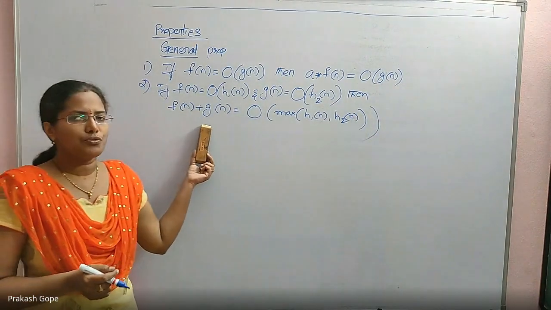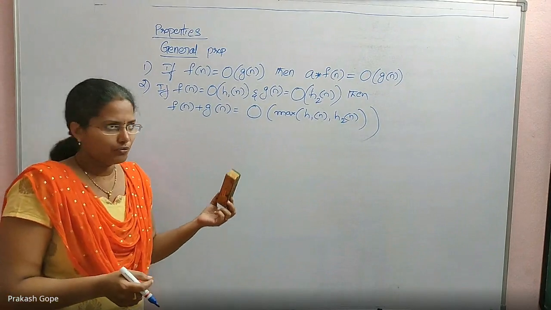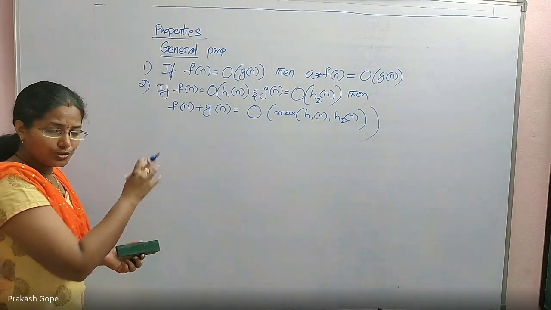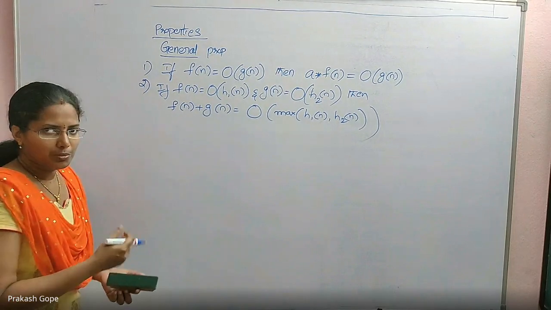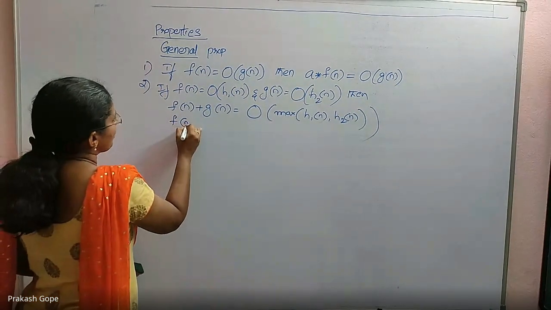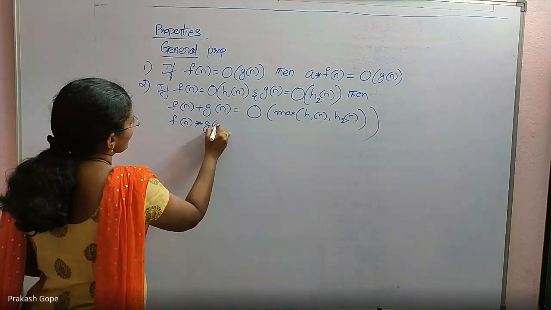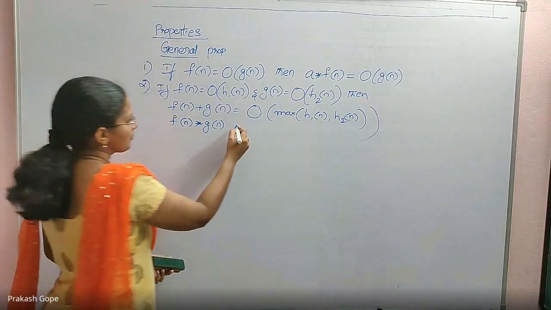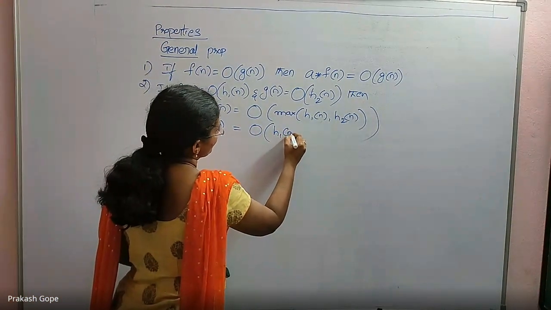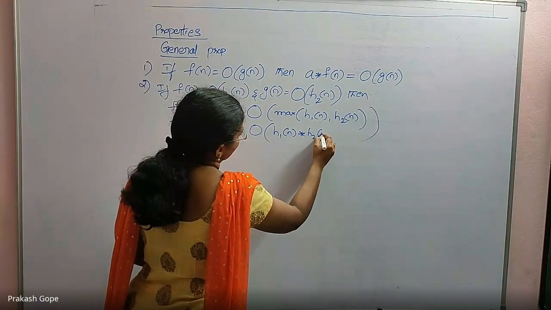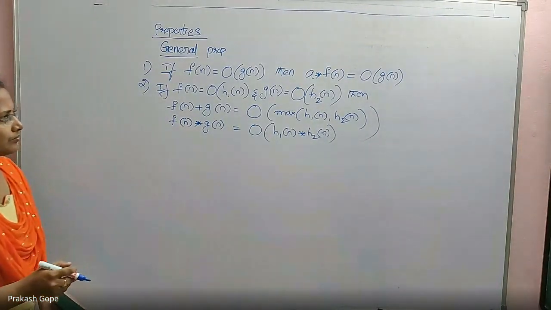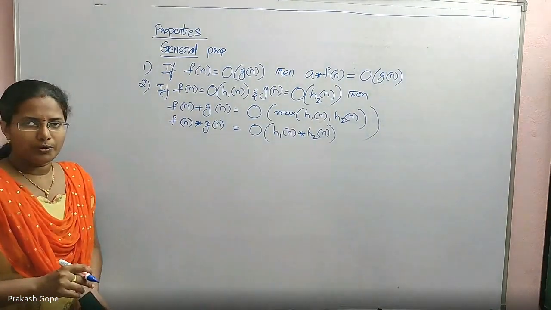And this property is useful for us to find the time complexities of non-recursive algorithms. Okay. So if there are two for loops in the same algorithm, by using this property, we will say the time complexity. If at all it is a multiplication, we don't use it, but in maths even this is there. Then it is big O of product of h1 of n and h2 of n. For us, this is of no importance. Okay, these are general properties.